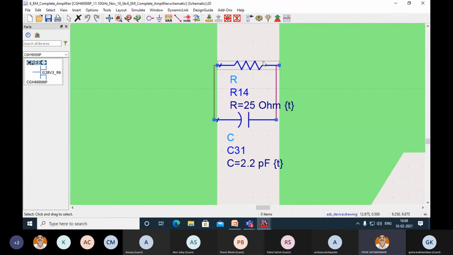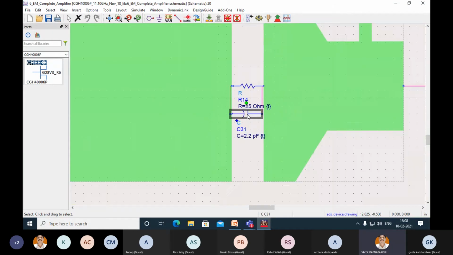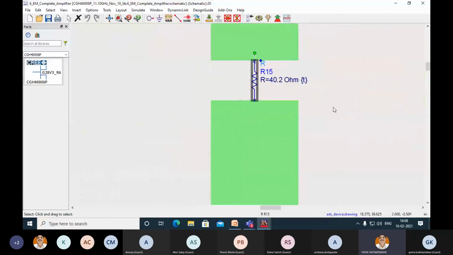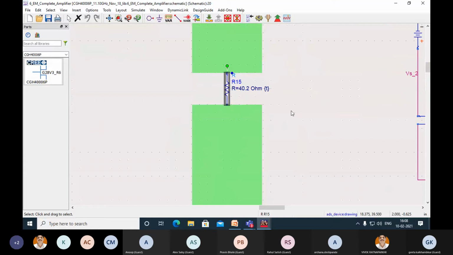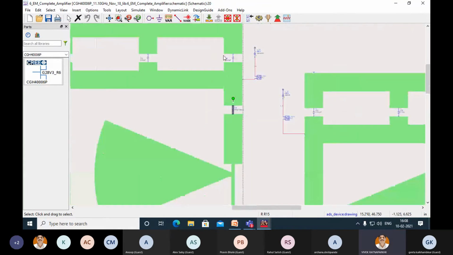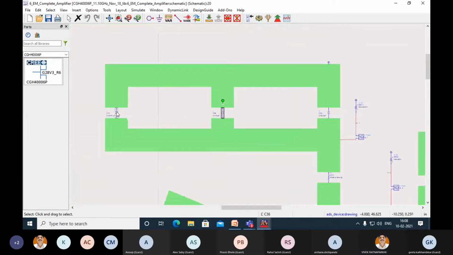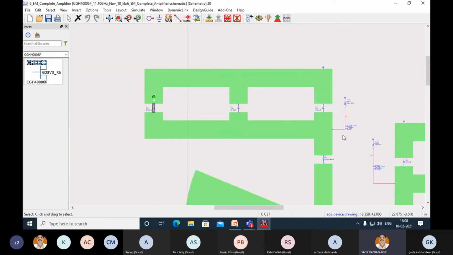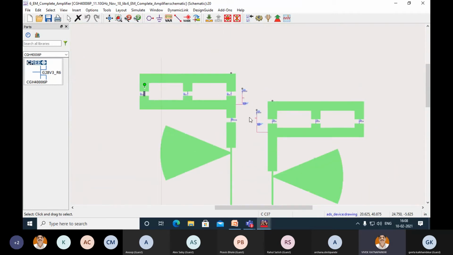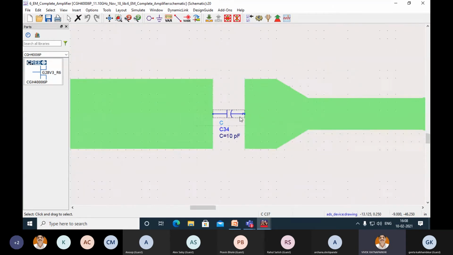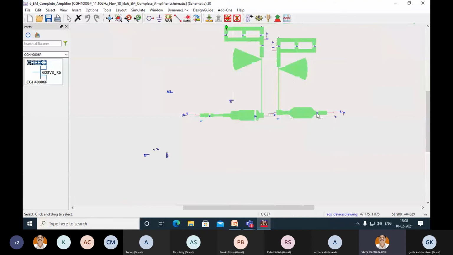See, I have placed a resistor and capacitor in the slot which I have created for it. Similarly, I have placed a resistor in this particular gate bias T. Can you see this? This is for stability. And then these are the bypass capacitors 1, 2 and 3. So this is called EM circuit co-simulation. Then biasing and all, everything is there. This is the input coupling capacitor exactly placed over the place, and we have the output coupling capacitor.